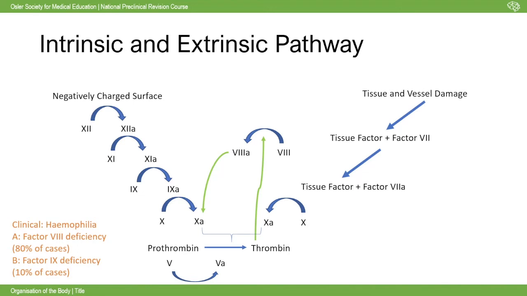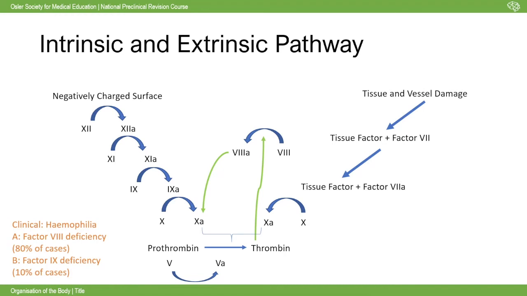But essentially, the intrinsic pathway, which is on the left, begins with an abnormal surface, so a negatively charged surface, and that leads to the conversion of factor 12 into factor 12A, and we get this pathway in which we have these conversions, so these zymogens, which are cleaved to produce these cascades. And obviously with an enzyme cascade, at each stage you're getting amplification, because one enzyme doesn't just act on one molecule, it will act on multiple. So that's how we get one case of, say, a negatively charged surface then hugely amplified to produce a large